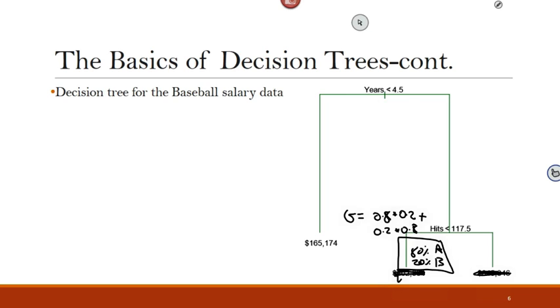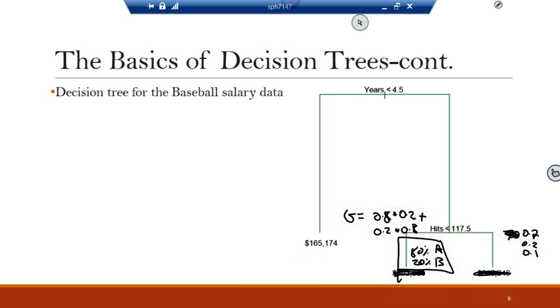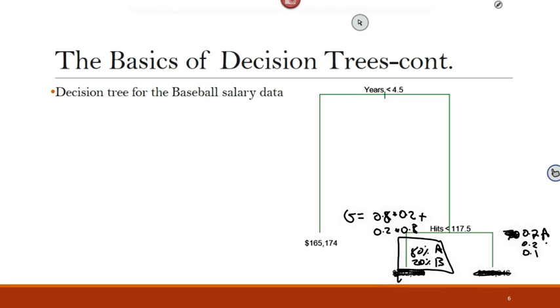Now, if you have three classes, that's going to be a different story, right? Let's assume I have 0.7, 0.2, and 0.1, for classes A, B, and C. Then the G value is going to be 0.7 times 0.3, plus 0.2 times 0.8, plus 0.1 times 0.9.